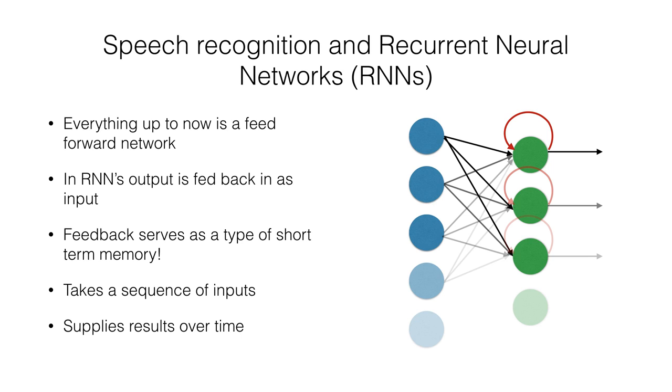Everything we've seen up to now is what's called a feed-forward network. That means that basically you put one set of inputs in and it works its way through the layers and then we get one output out the back. In recurrent neural networks, that output is fed back in as input, like a loop. And this actually provides a type of short-term memory. It also allows recurrent neural networks, RNNs, to work with a stream of input and provide a sequence of results over time. And not only is this good for speech recognition, but really any sort of signal over time, like forecasting or predicting control inputs.